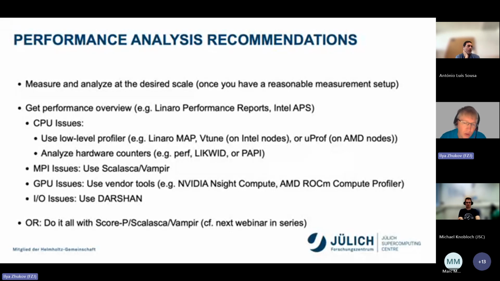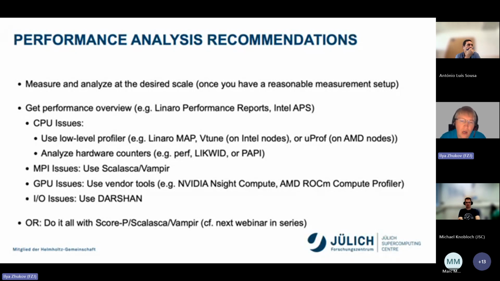If you use GPUs, use vendor tools. Depending on your GPU, you might want to use NVIDIA Nsight Systems, NVIDIA Nsight Compute, AMD ROCm on AMD, and so on. So consult with the vendors, check out what is available, use it.